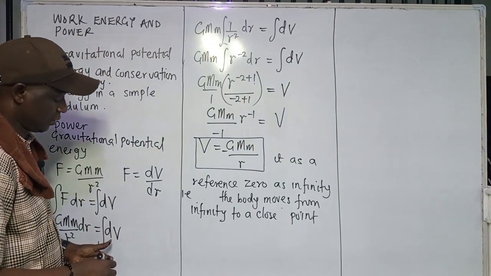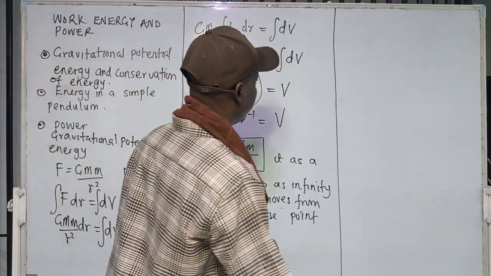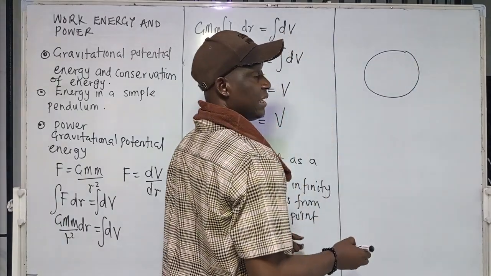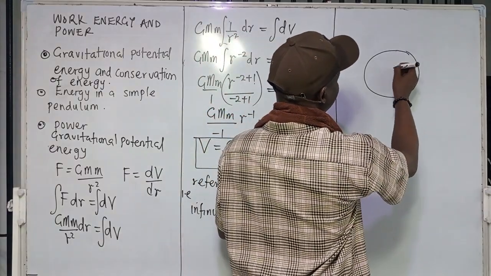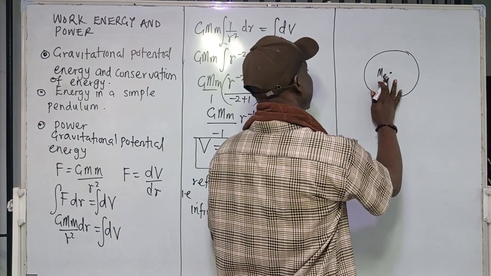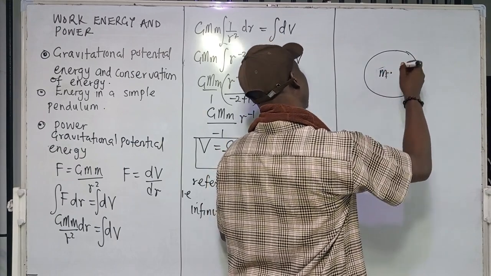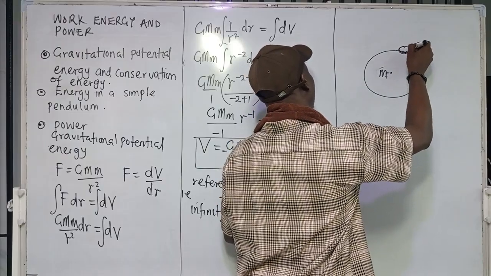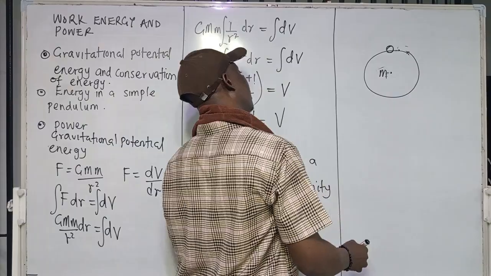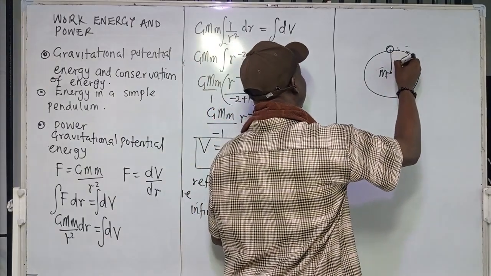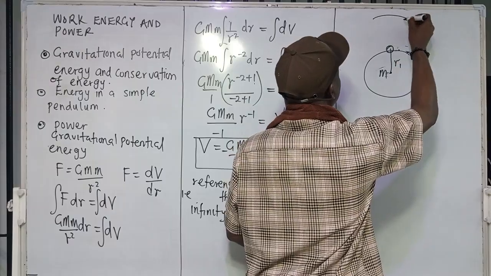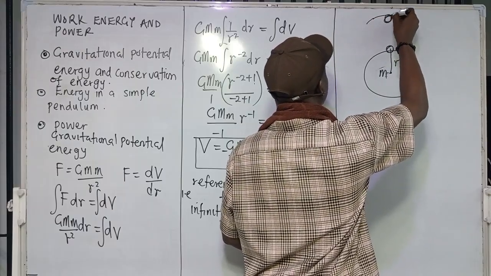What I mean is that, let me take a circle. Look at the board. Technically, this is the earth. This is the center of the earth. Let's say the mass of the earth is ME. Now, let's say the satellite is here before. We have a distance R1 here. Now, when you launch the satellite to a particular point here,